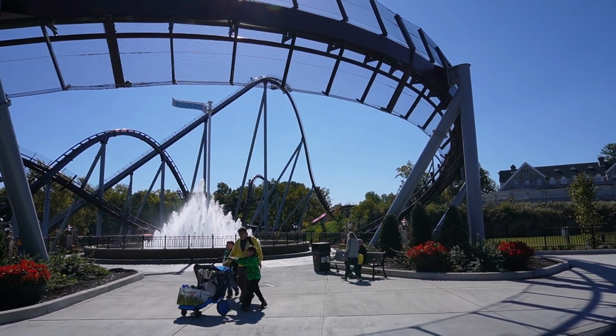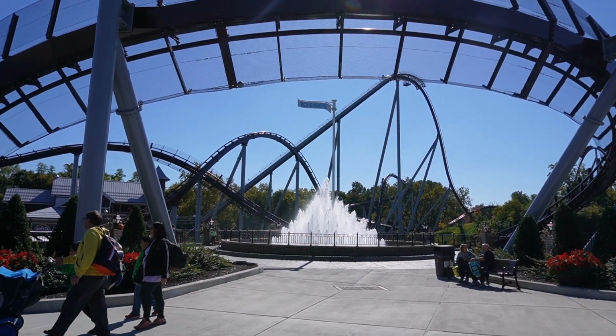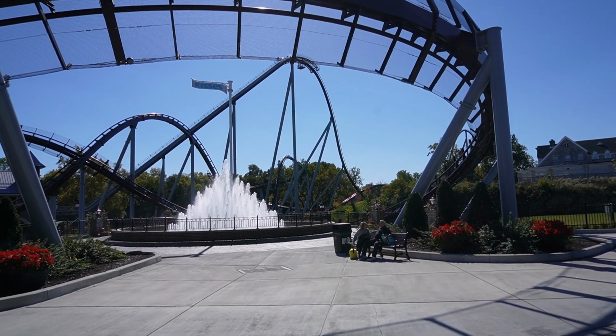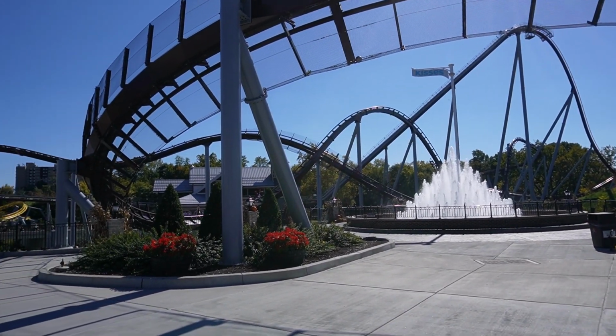It's one of my favorites that we rode yesterday. I love the fountain though because it's a Hershey Kiss. It's so cute. I absolutely love it. But we're gonna go and try to see if we can get some short wait times in since the park just opened. It was pretty busy yesterday being a weekend, but we are gonna go and see if we can